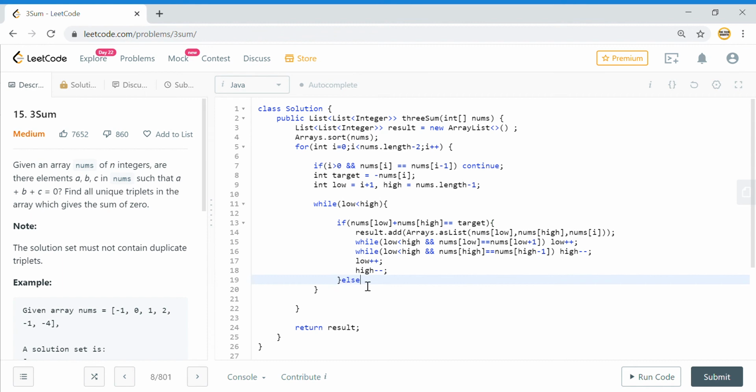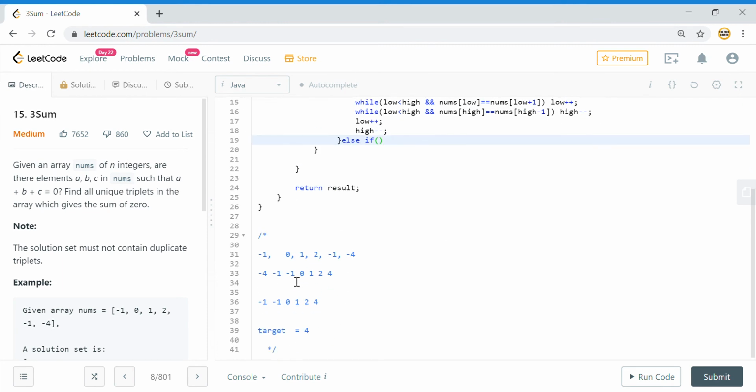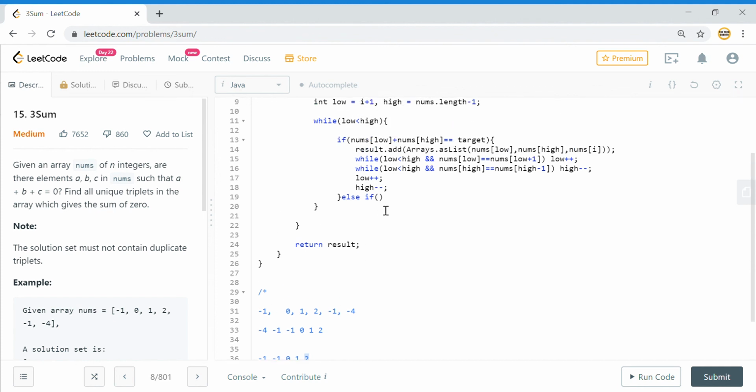Now what if this sum is not equal to target? Suppose I am considering the case where we did not have 4 here. If minus 4 is given to me, then the target is 4. Here my lower bound is minus 1 and upper bound is 2, so the sum is 1. My target is 4, so my sum is lower than my target. Since this is a sorted array, I need to increment my lower bound towards the right so that I can get a higher sum.